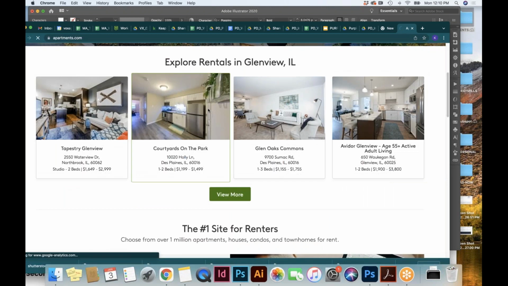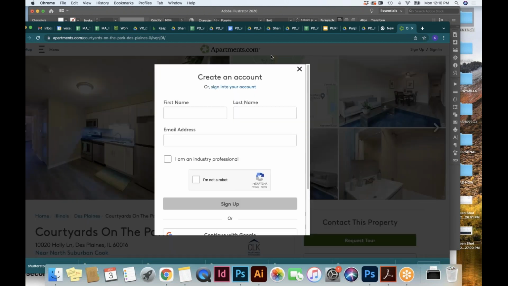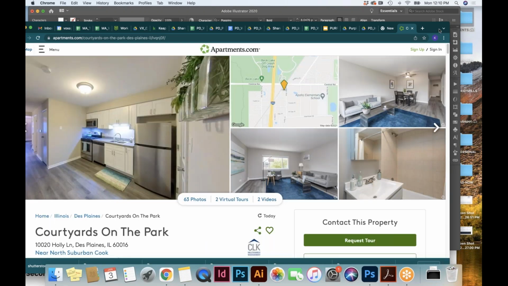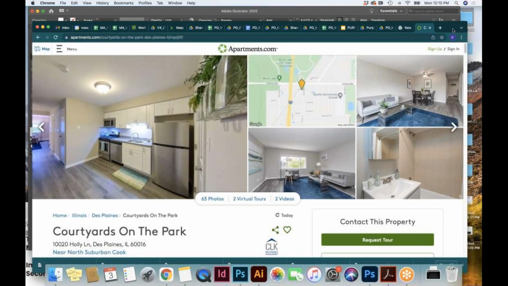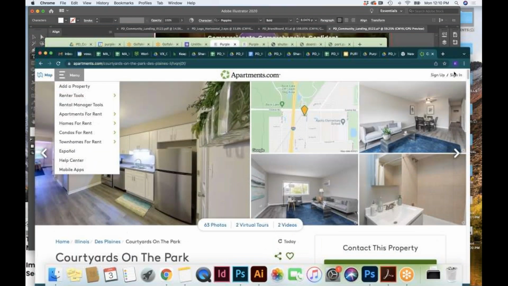It's just sign in, sign up. They're not being very explicit. They're just expecting it to be intuitive. Renter tools. Okay. Yeah, I guess for residents.